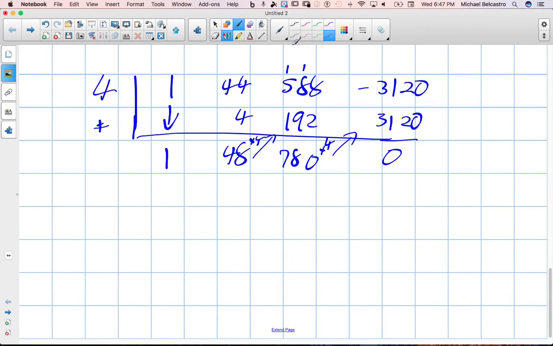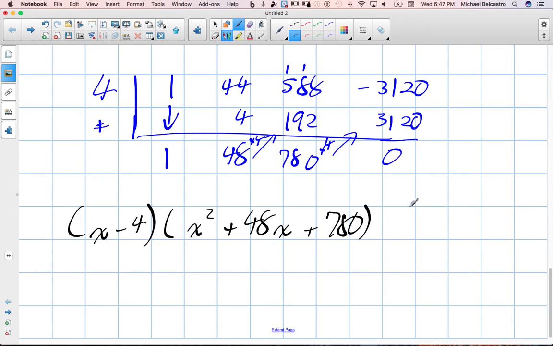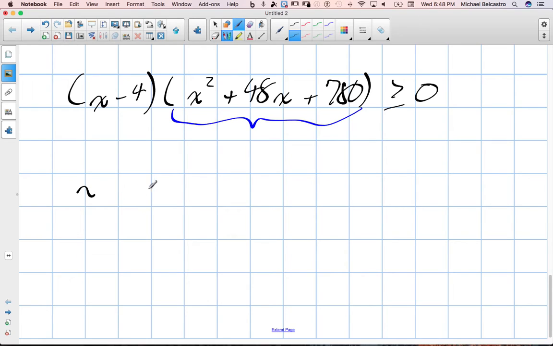So our factored form of this will be x minus 4, and the other set of brackets will be x squared plus 48x plus 780 is greater than or equal to 0. So we've got to factor the second part here, and you can just use the quadratic formula to factor that. I guess we can quickly go through that part. The quadratic formula is going to be x is equal to negative b plus or minus the square root